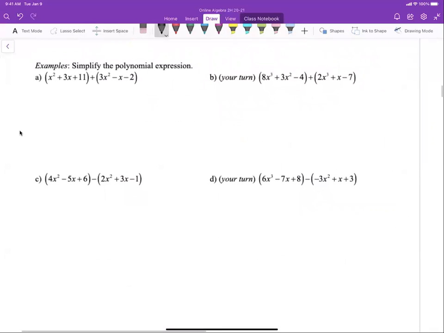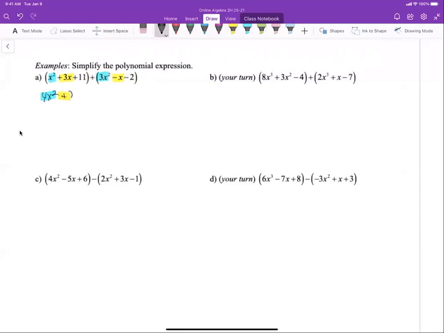We want to simplify the polynomial expression. We're now adding and subtracting polynomials. So what this means is that I need to add this entire polynomial to the second polynomial. And since it's addition, I can just add all of the like terms. So I have x squared plus 3x squared, and that will give me 4x squared. I have 3x minus an x, and that will give me